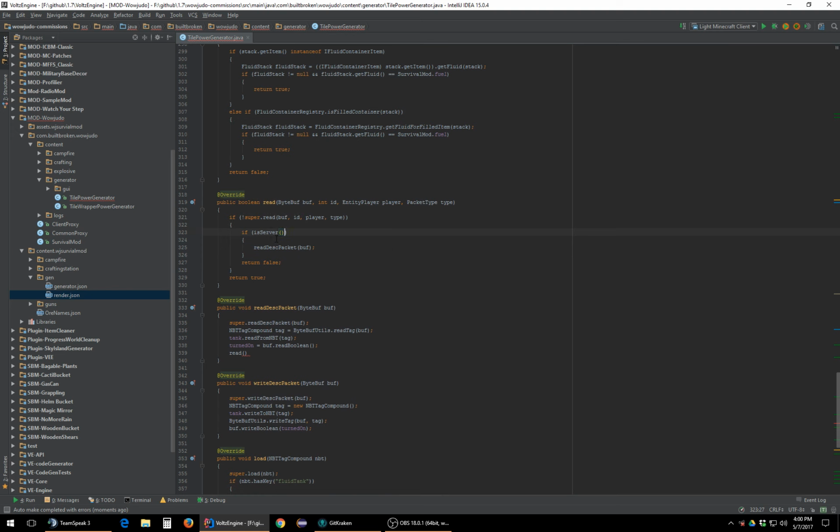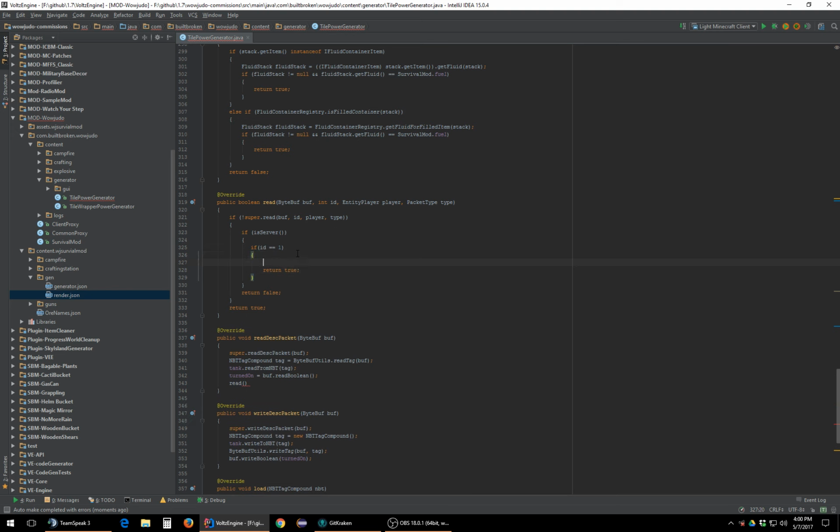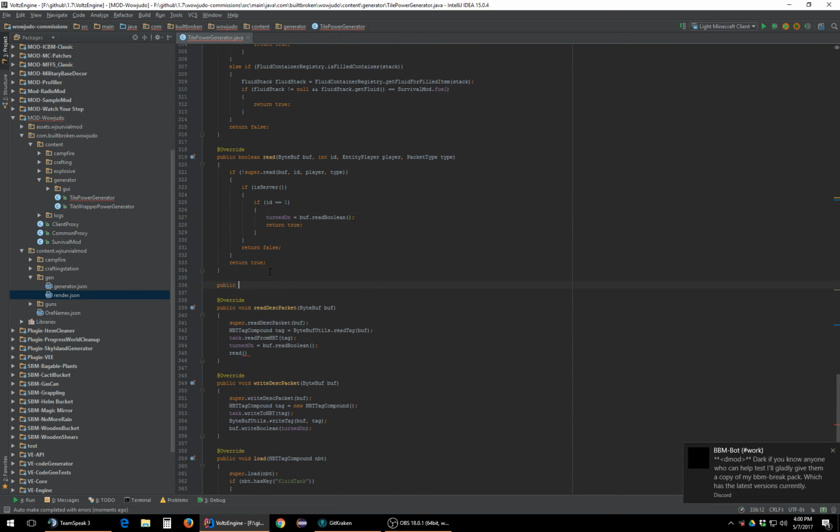And then we go, okay, is this server, because we want to be doing our packet IDs in certain orders. We're going to go, okay, if ID equals 1, for example, return true because we're going to read it, but this will just be turnedOn equals buff.readBoolean. There you go. And then we just make a method public